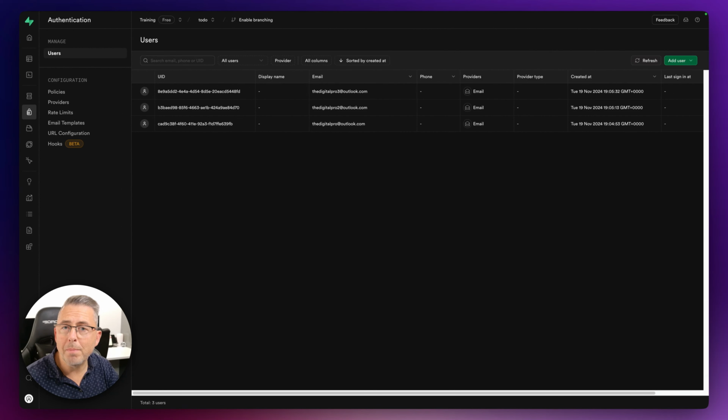The key thing to remember here though, of course, is I've got these unique user IDs. We're going to use those very shortly when we come back to our tables, because we're going to create a users table in the public schema of our particular project that's going to sit alongside all the other tables that we create. And the key thing is this user ID will be there as a key within that table itself, so we can link the two up as we go throughout this particular set of